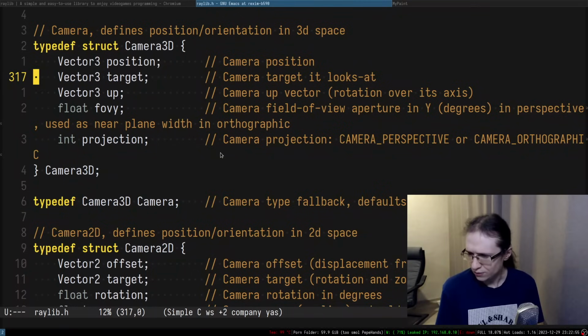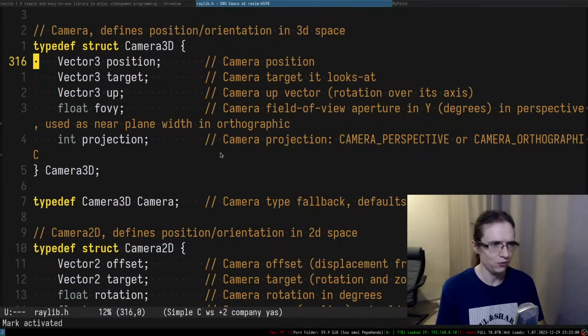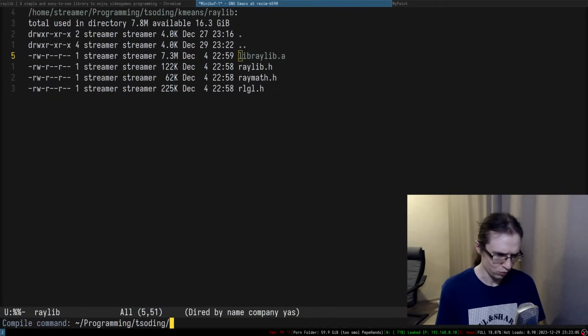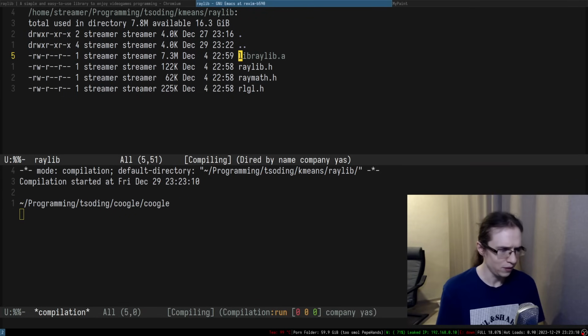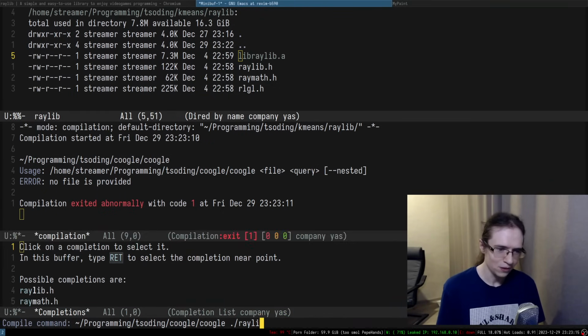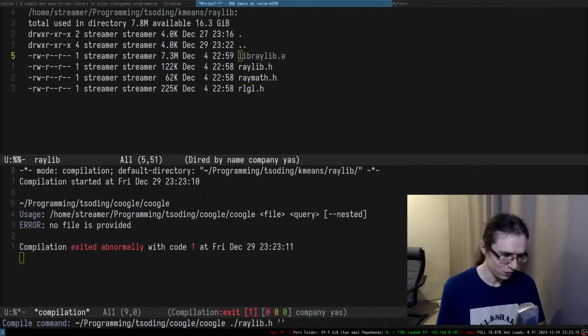Do I fill it up myself? It would be kind of nice if I just had some sort of a default camera. I wonder if I can just use Google. I forgot how to use it, by the way. Does it tell me how to use itself? Okay, so it does in fact tell me how to use it. That's actually pretty cool. So I'm going to do Raylib, and